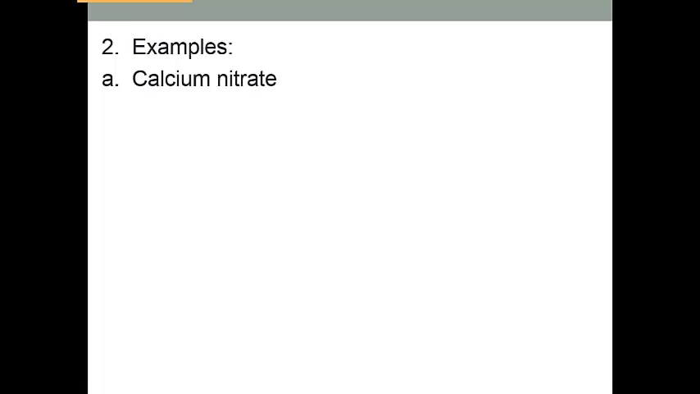Calcium nitrate. Our rules still apply. Calcium is a +2. Nitrate is from our polyatomic ion sheet, NO3 -1. And we're still going to crisscross those. So we're still going to take our 2 and our 1 and crisscross them. So right now we would have Ca, we have NO3, and we're going to put a 2 behind it. Now if we just leave it like that, we're saying that we have NO32,